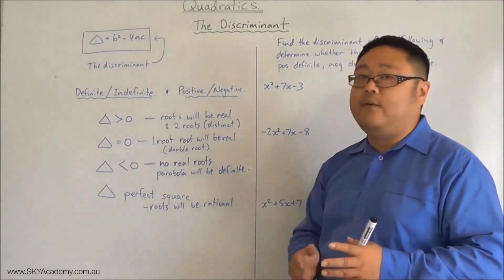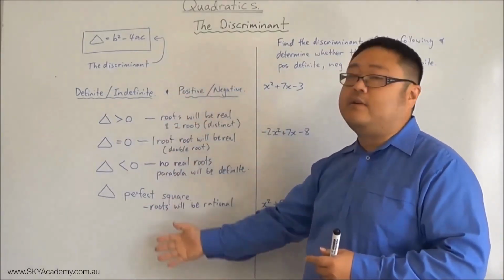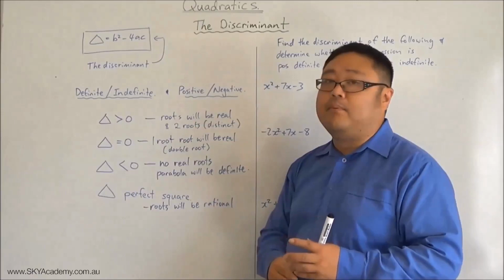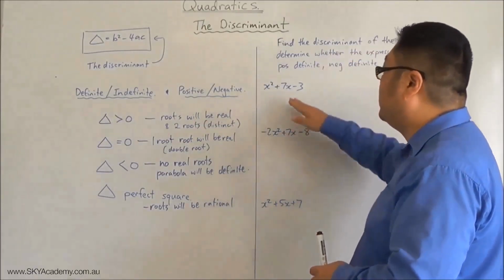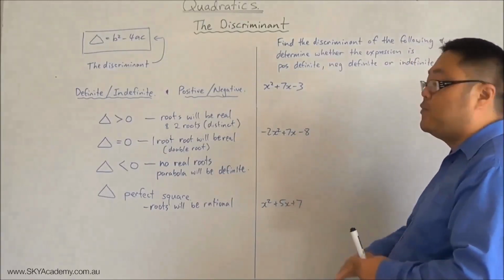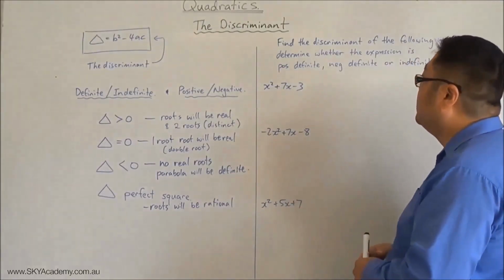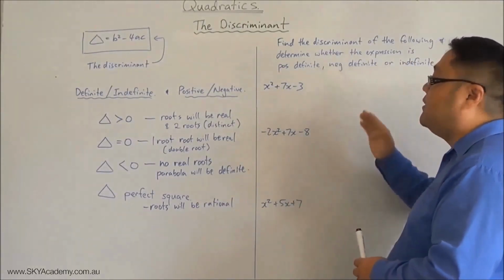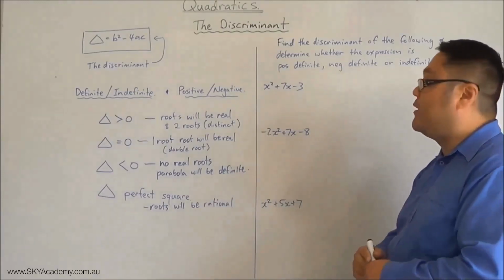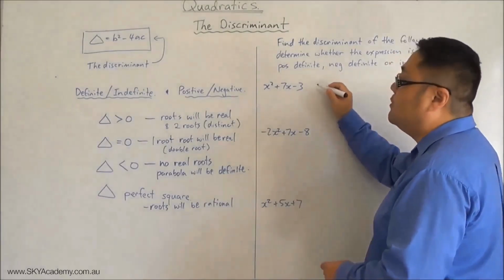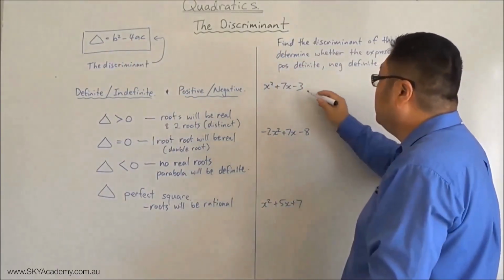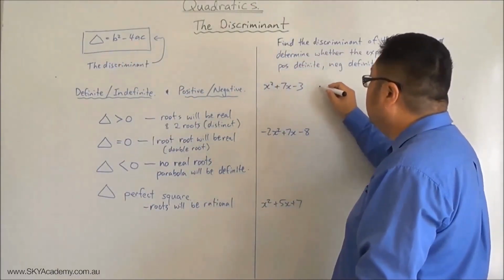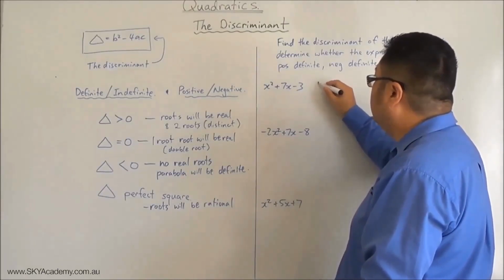Now, if you need it, I've left the notes up from the last episode on the board, so please refer to that as we go through it if you need to. But let's have a look at the discriminant of each one of these and determine whether they're positive definite, negative definite, or indefinite. The discriminant, of course, is b squared minus 4ac. So for this particular example, b squared minus 4ac